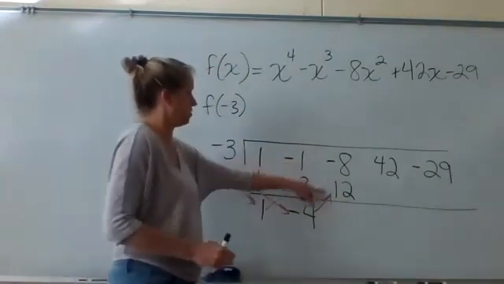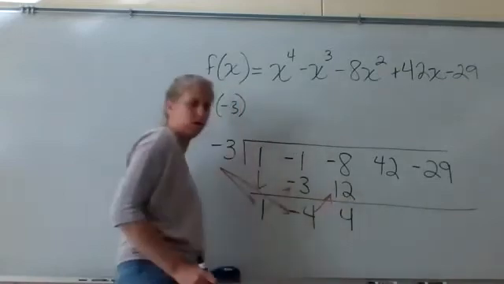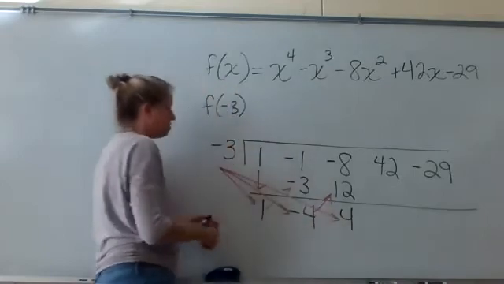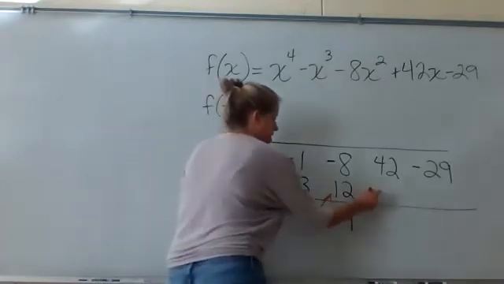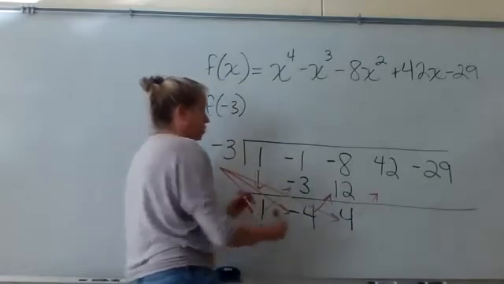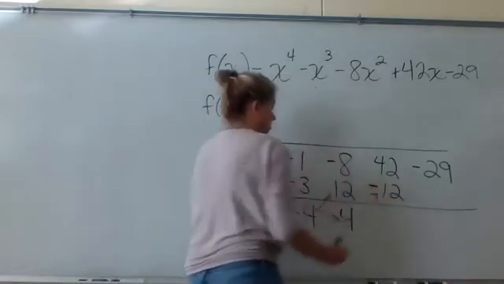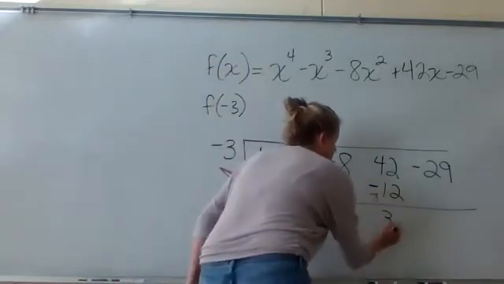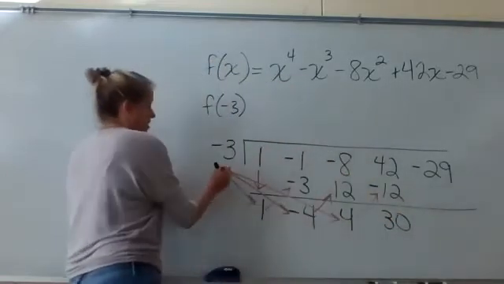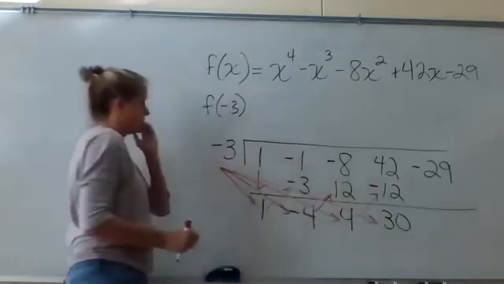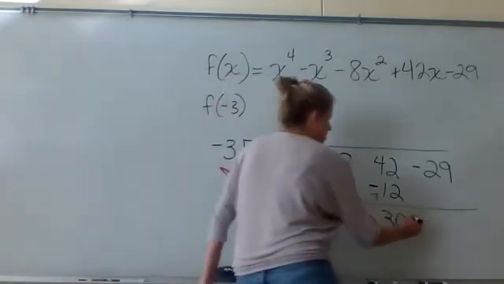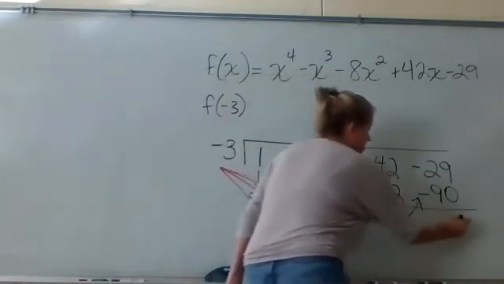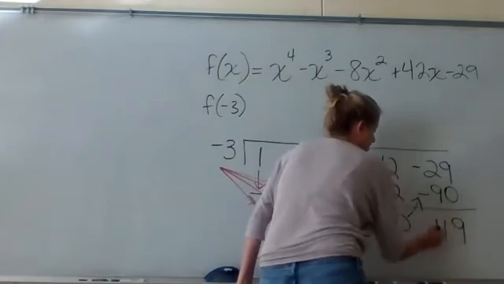Add straight down. -8 and 12 gives me +4. -3 times 4 gives me -12. When I add that straight down, 42 and -12 gives me 30. And then the last one, -3 times 30 gives me -90. When I add that straight down,